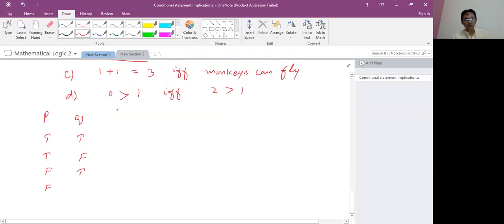1 plus 1 is equal to 3, it means it is false. And monkeys can fly, it means it is false. And this represents here 2 greater than 1, it means it is true. And 0 is greater than 1, it is false. Right? So when we apply the biconditional statement, it means when we convert it into P implies Q,